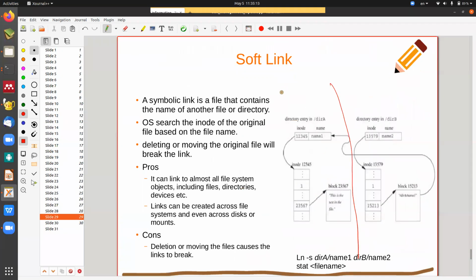Yes, have a small look at how it is done with a soft link. What does it do? This already existed in Ubuntu. What was its inode number? 1 2 3 4 5. What it does now, when you make a link, it is not using the same inode. It creates a separate file. It created one more file, and what is its inode? 13579. Did you understand? It created one more file, what name did it give? It can give name2 or name1 also.